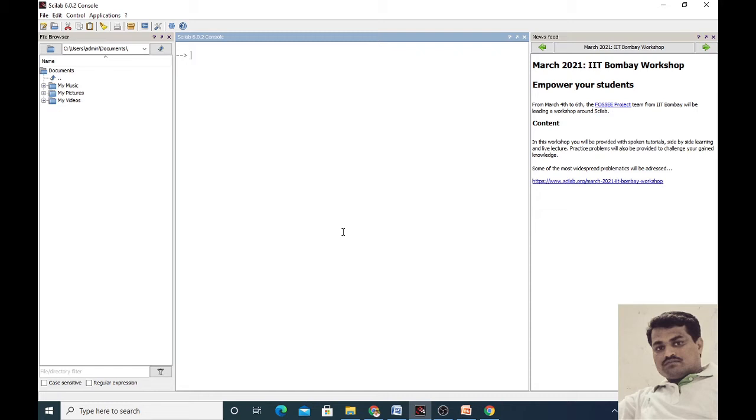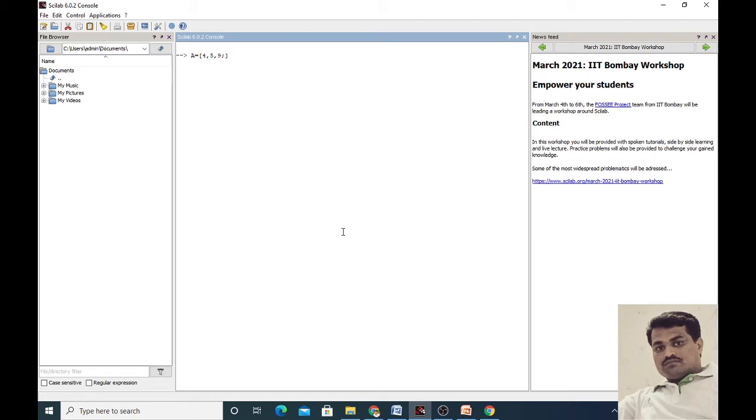Then we define the matrix A. The matrix A is equal to a 3 by 3 matrix. The first row is the first, second element, we separate by comma, 5, comma, 9. This is the first row. Then the second row we separate by semicolon.